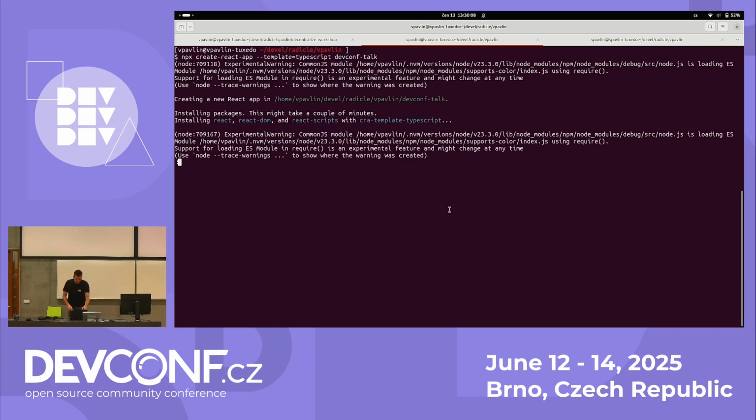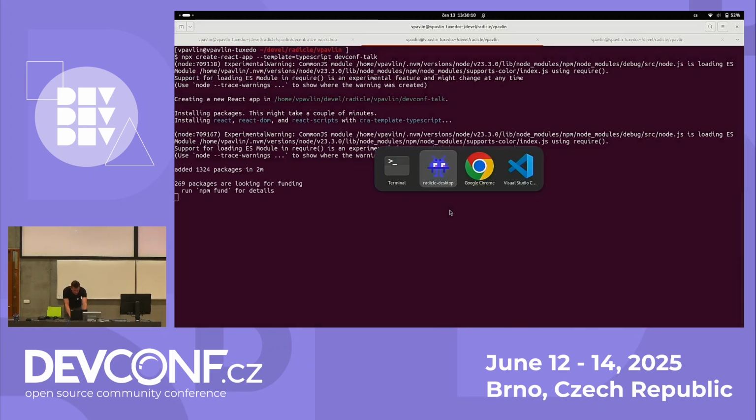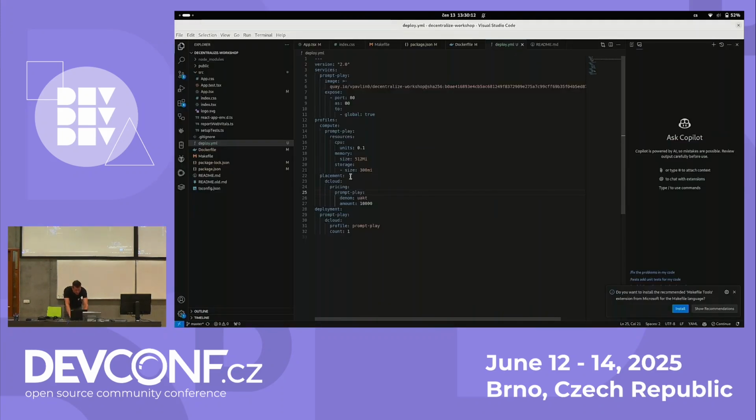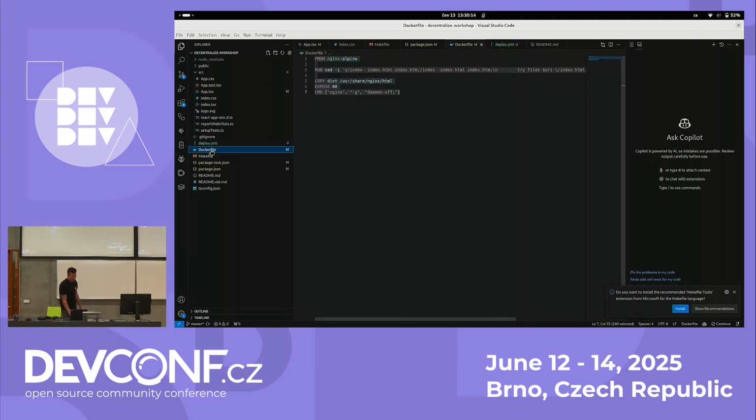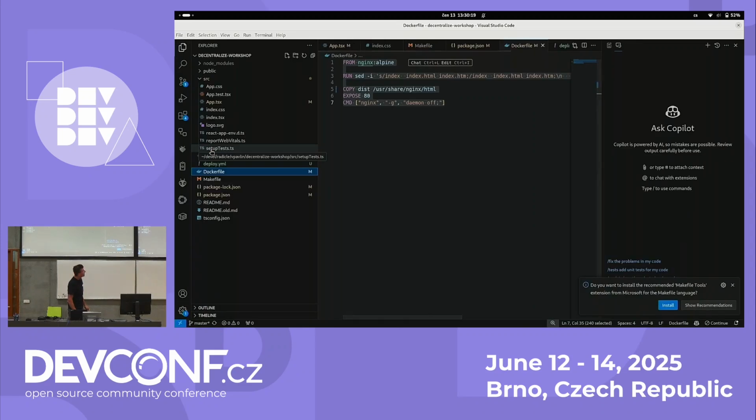So what we will do after this gets installed, we will use these 3 files. I have this very simple Docker file. I'm using Alpine for no reason, but I just need Nginx. I need to tweak the Nginx config, but then I just want to copy the dist directory from my React application, and then I want to serve Nginx.